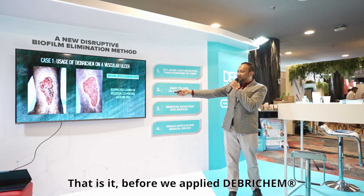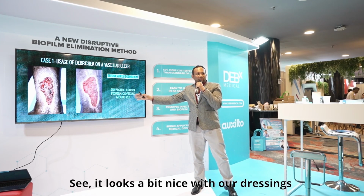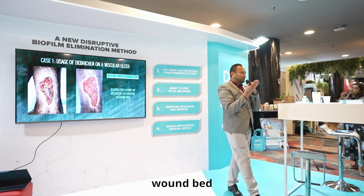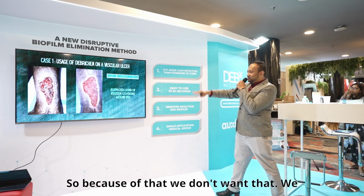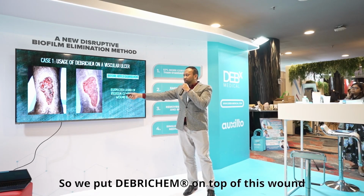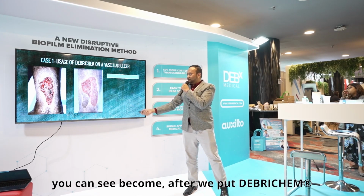And this is before we apply DEBRICHEM. It still looks a bit nice with our dressing, but we suspect there's a biofilm there because it's shiny on top of the wound bed. Because of that, we don't want that. We want a very clean wound without any signs of infection. So we put DEBRICHEM on top of this wound. And after 3 days, you can see